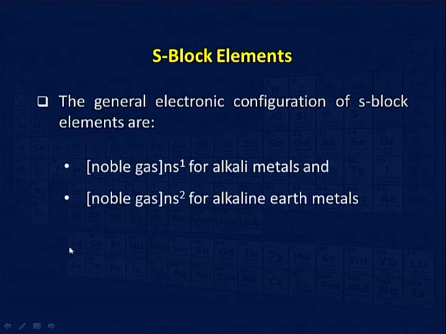So you can see from here that the 1s electron is very loosely bound, so you can easily remove it, because then you can get a noble gas configuration. Here you have got 2 electrons which can be easily removed. So these are the configurations for alkali and alkaline earth metals.